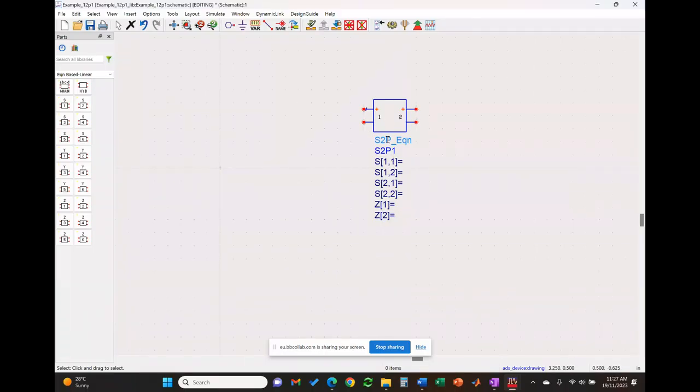So now here in this box, you need to enter S11, S12, S21, S22, Z1, and Z2. And for that purpose, you need to enter them as complex numbers. Now in the question, they're given for you in polar form, and you need to convert them first to rectangular form. So going forward, the S11 in the question is 0.38 at an angle of minus